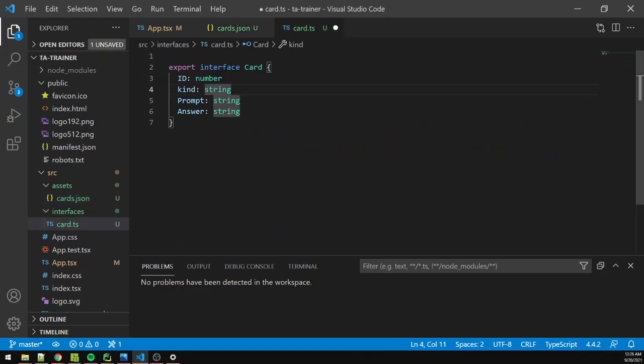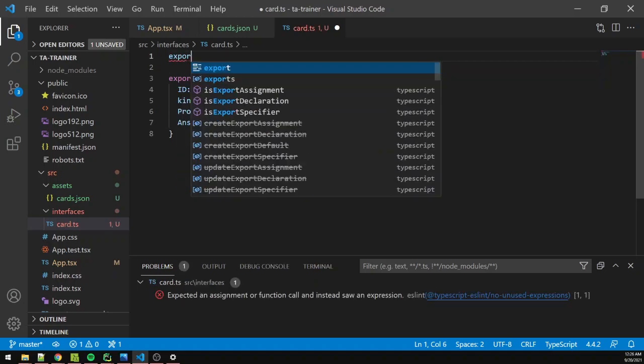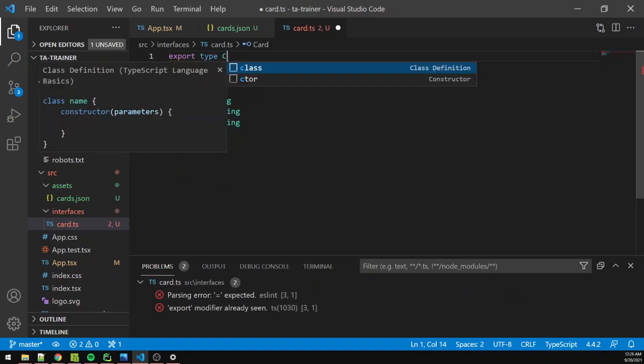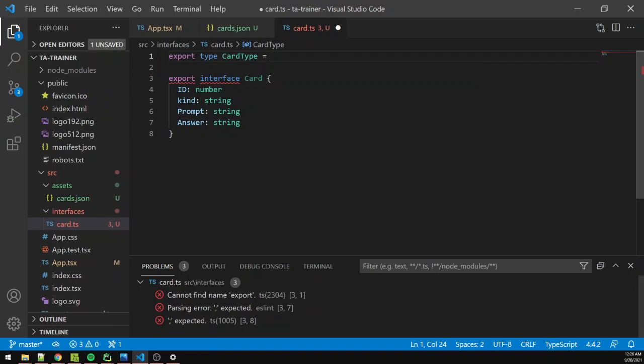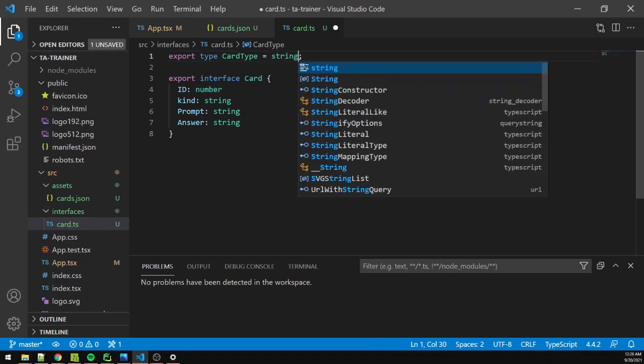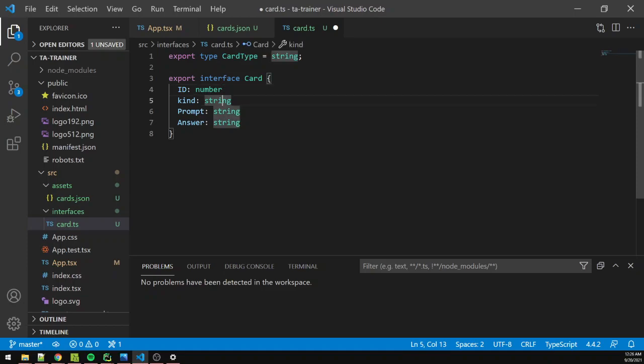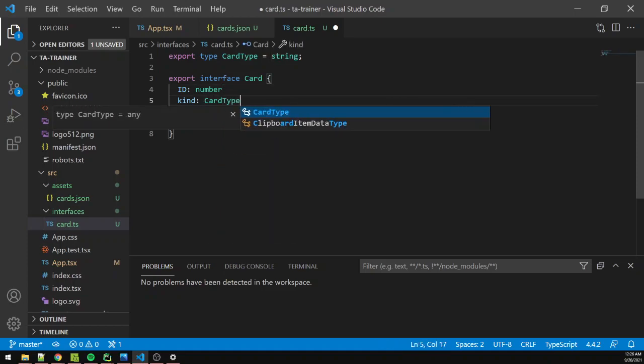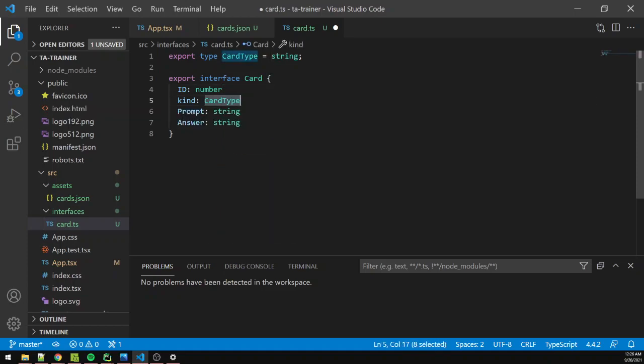And the reason I'm doing this is because now I want to also make an export type, CardType. And I'm creating a new type. And you can actually assign here, I could do something like, make its type number or string. Now that doesn't seem very interesting, right? Like, okay, I could just say CardType, and we all know CardType is a string. I haven't really earned anything, but it does tell us something that this is slightly more specific than if it's just a string,